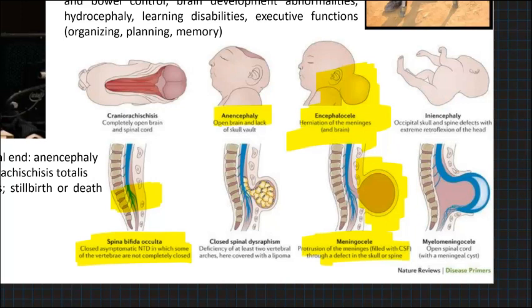Meningocele is meningeal protrusion around the spinal cord. You can imagine that the flow of cerebrospinal fluid is impaired, which may result in conditions like hydrocephaly. However, the spinal cord itself remains somewhat intact, which is not the case with